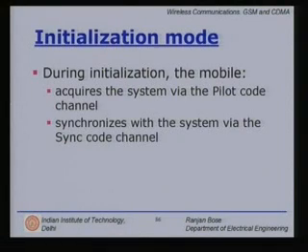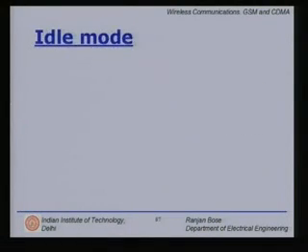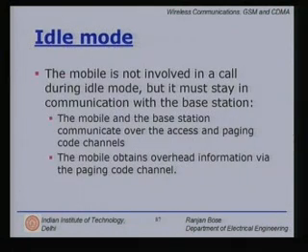Therefore, if you go to the idle mode and initialization mode, here you must acquire the system and maintain the synchronization, because communication is required even to communicate which PN sequence to use. But for this communication again there should be some code. Yeah, those are pre-decided. So, the codes required for the idle channel, that is for communicating, synchronizing, right, acquiring the system, those are pre-decided. So, when you switch on your phone, you already have them hardwired.